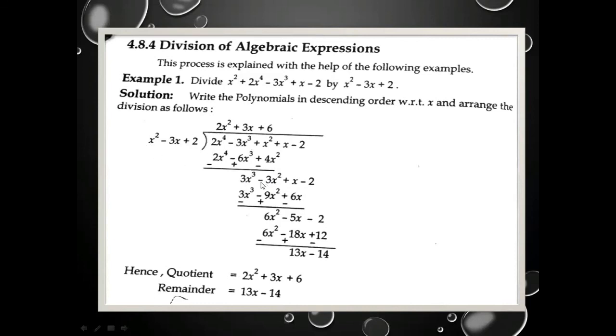and we divide 3x cube by the x square, getting answer plus 3x. This 3x will multiply by whole, giving these answers. Now by taking subtraction steps, changing the sign of the second polynomial, and from here we observe they are equal. Their result is 0. No need to write that. From there answer is plus 6x square. From third column answer is minus 5x, and 2 will be same.